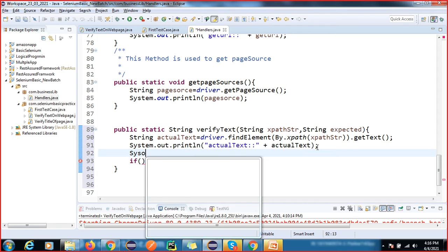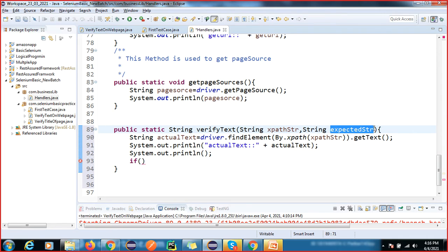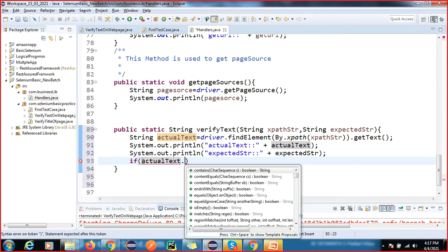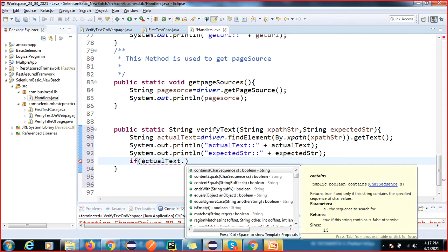I'm also printing the expected string here, or expected text, anything you can write here, but as you know, other people should be able to understand this also. So now I will pass the actual text dot equals.